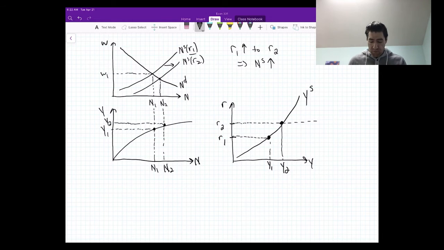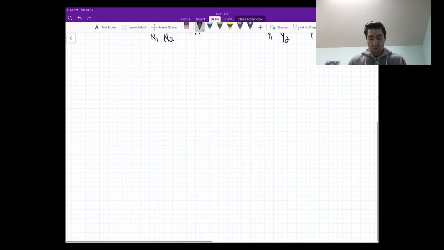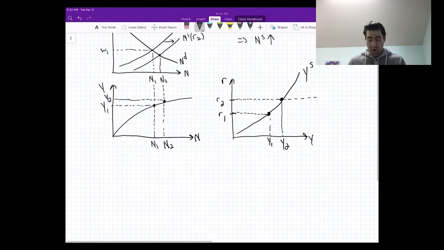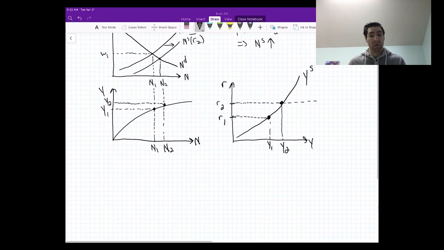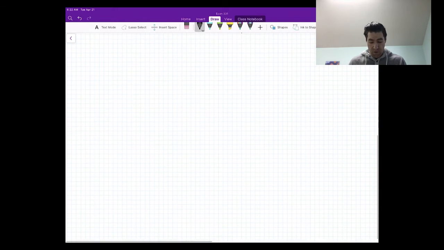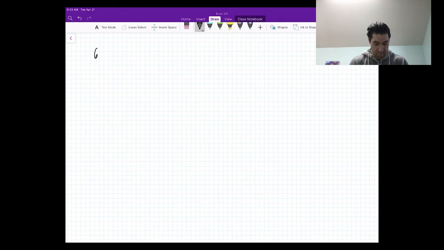So now back to our question. We were asked in number 6 to figure out what affects the slope of that output supply curve. Is it going to be really steep, or is it going to be more flat, like that? And we've got a couple of different options to explore, and this helps us remember what exactly is going on. So in the first part, number 6, part A,